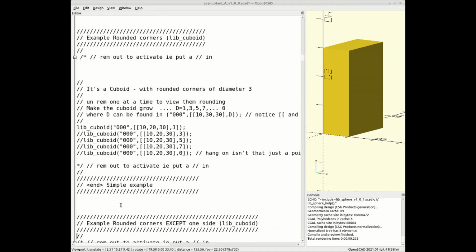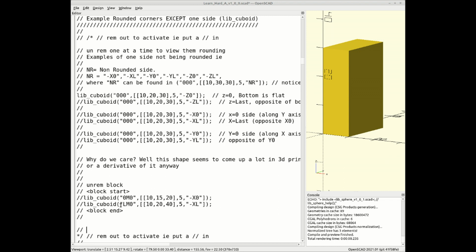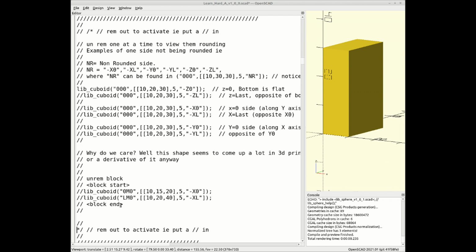Next example. Okay. This is going to talk about rounded. So we've got a pointy cuboid and we have a rounded cuboid, which has got rounded corners. Very often we want shapes which don't have rounded corners, but some are rounded. And what we do is we have to allocate or remove